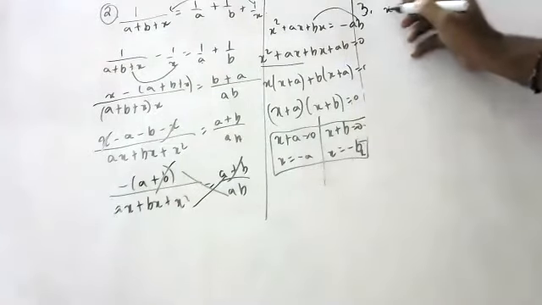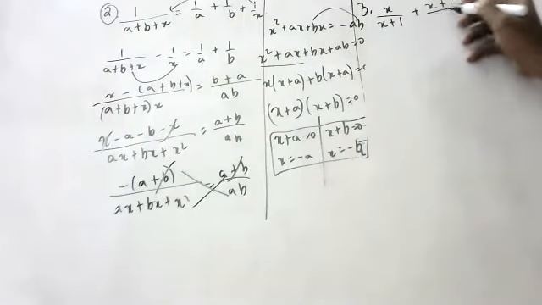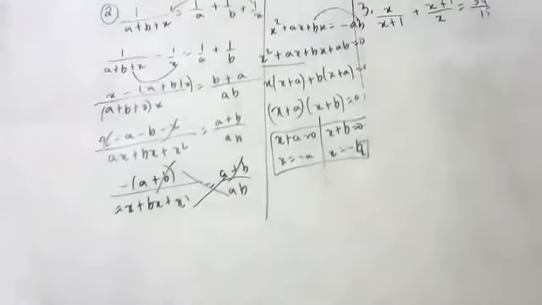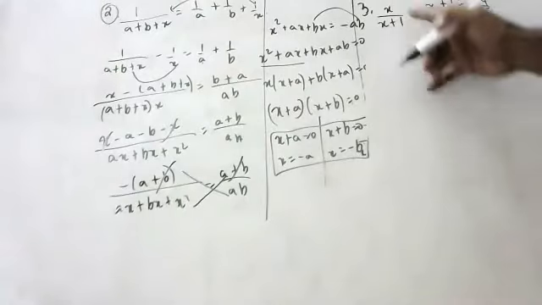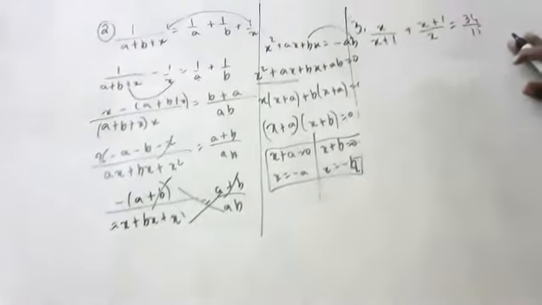So x by (x plus 1) plus (x plus 1) by x is equal to 34 by 15. This is also very, very important question, children. It all depends upon the time, children. Because children, if you do directly like this only, it will become very big, children. Same sum, if you do like this directly, it will become very big.